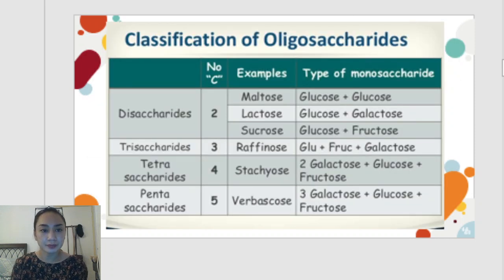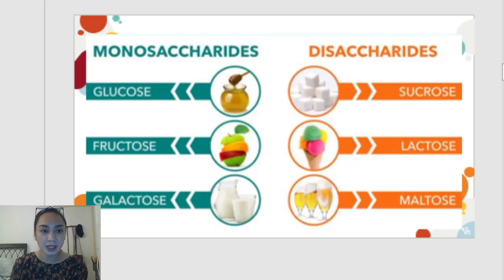Okay. So, comparing monosaccharide with disaccharide. Disaccharide is a type of oligosaccharide. So, we have glucose, blood sugar, also called dextrose. We have fructose, a fruit sugar, and galactose, milk sugar. In disaccharides, we have